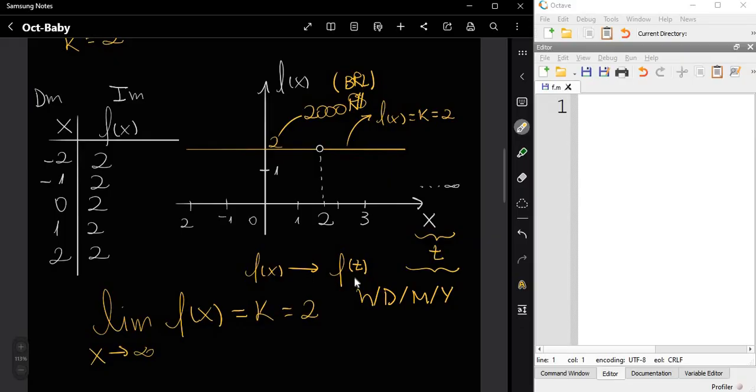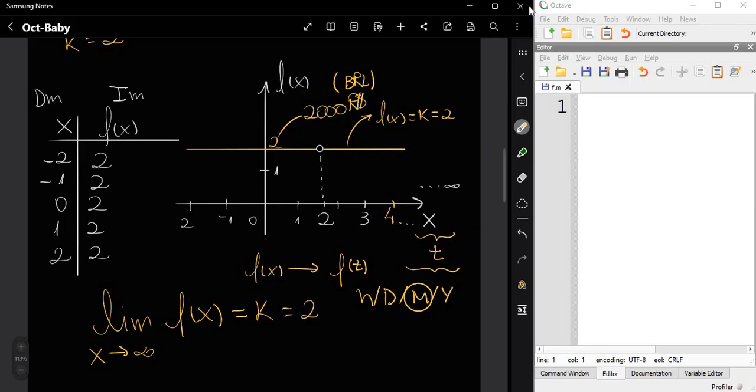We were able to adapt to a financial problem. So we are saying that we have this fixed income. Let's say right here, let's use months. So we got month 1, month 2, month 3. So we got this fixed income of 2000 reais on month 1 and month 2, on month 3, and so on and so forth. It's fixed.